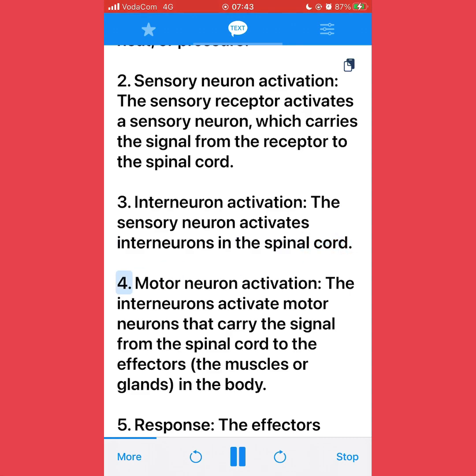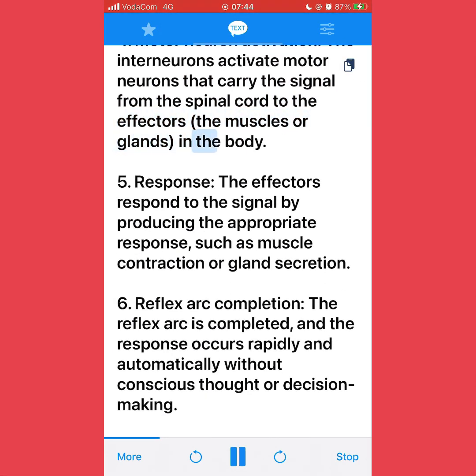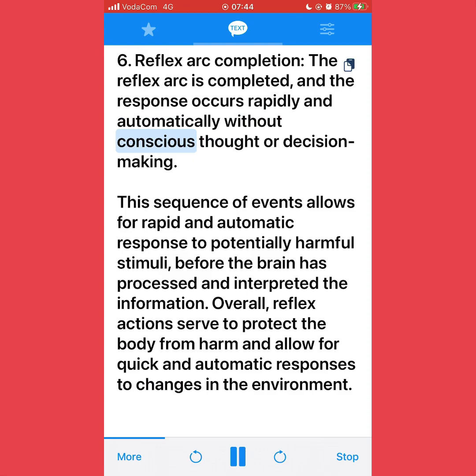4. Motor neuron activation. The interneurons activate motor neurons that carry the signal from the spinal cord to the effectors, the muscles or glands, in the body. 5. Response. The effectors respond to the signal by producing the appropriate response, such as muscle contraction or gland secretion. 6. Reflex arc completion. The reflex arc is completed, and the response occurs rapidly and automatically without conscious thought or